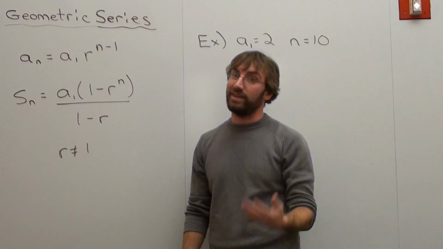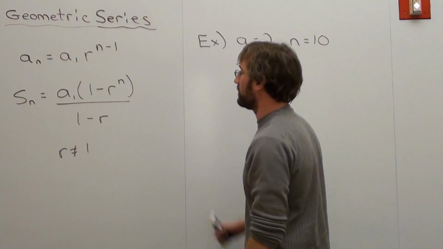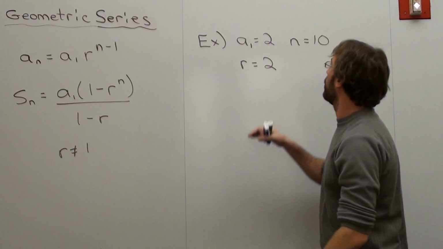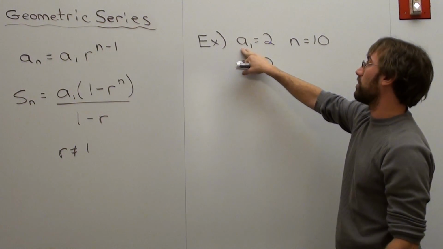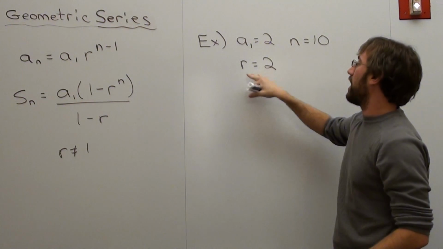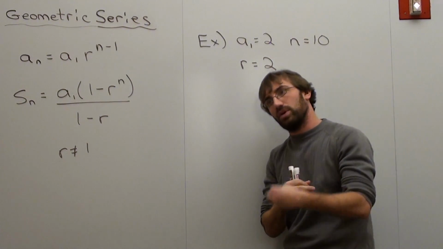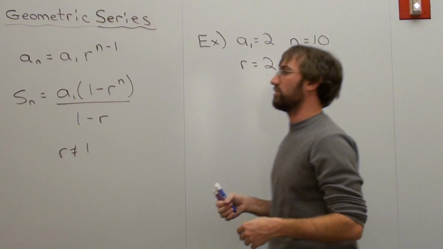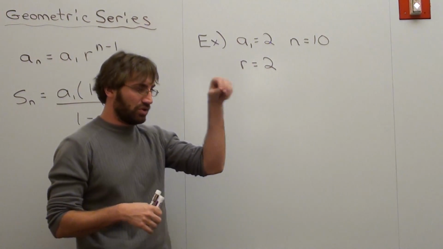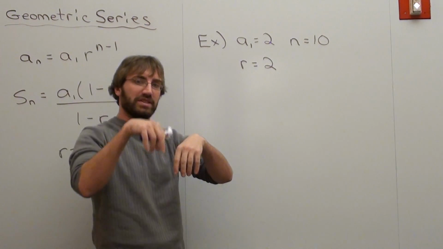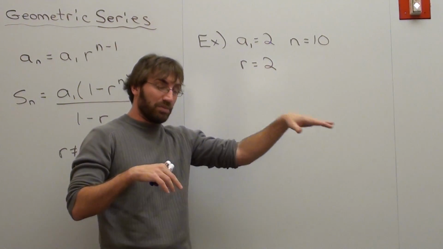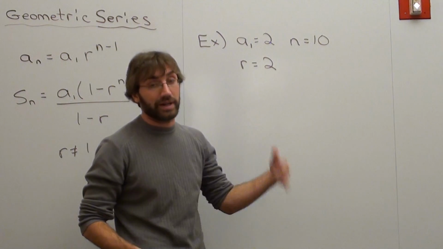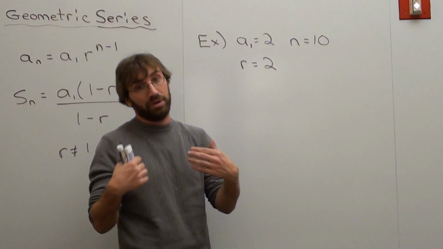So, I have this example where I have this series where the first term, a sub 1, is 2, and the common ratio is 2. That means I keep multiplying by 2, and my first term was 2, and I want to figure out the first 10 terms. So, if I take 2 and its next term, and its next term, 10 numbers, and I add them up, what's the answer? Some people would say, well, I'm just going to write it out because that's much easier. Well, I suppose you could do that,